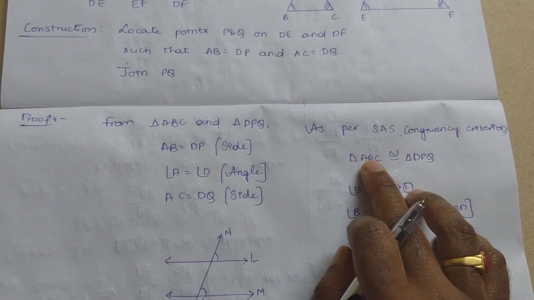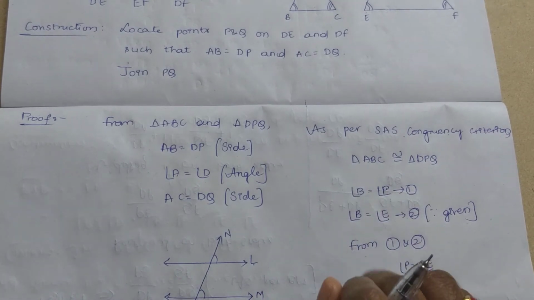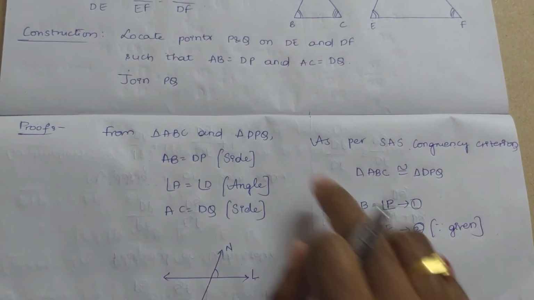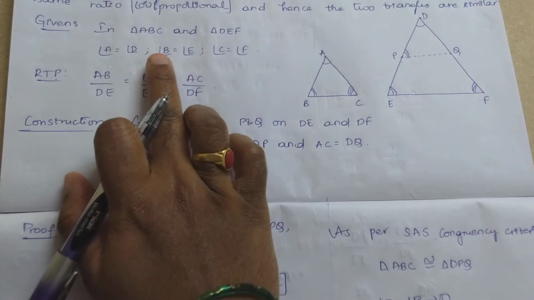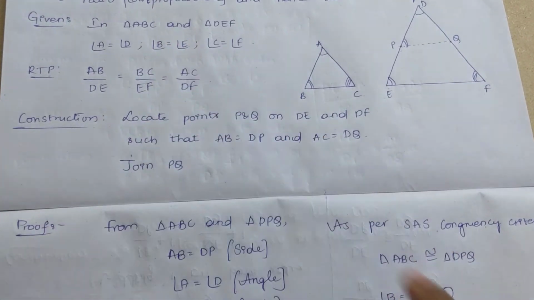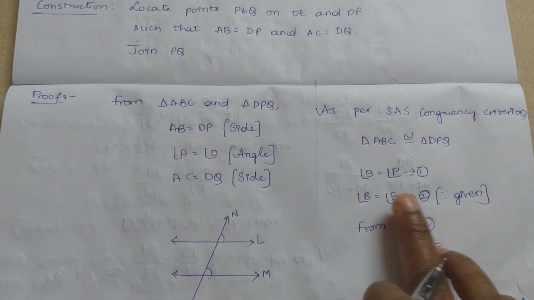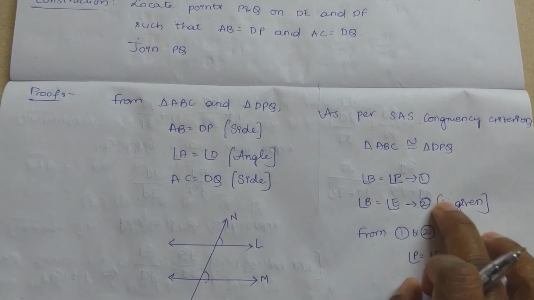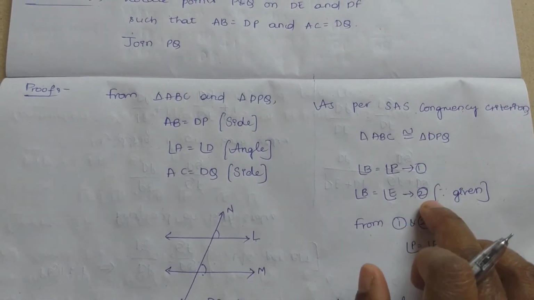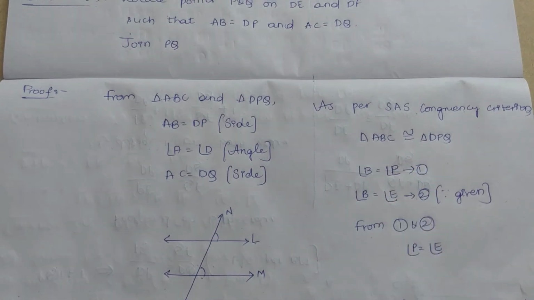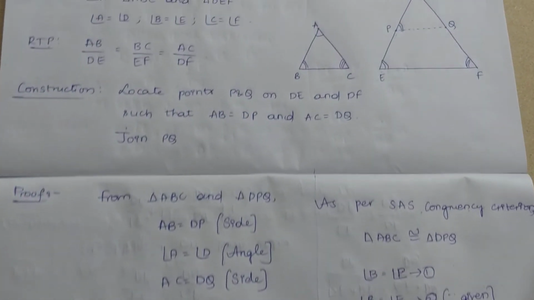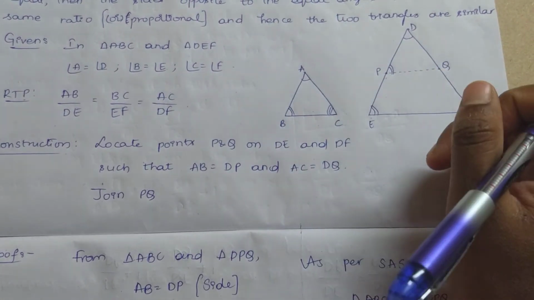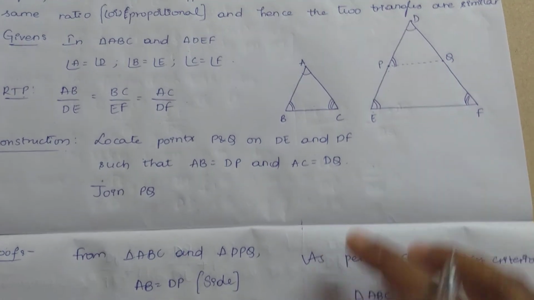After that, let's move on to the second angle. What is that? Angle B equals angle P. I have written the same thing here and put it as equation 1. After that, from the given part we got angle B equals angle E. Let's write the same thing here, angle B equals angle E, as equation 2, obtained from the given part. So from these two equations, angle P equals angle E. When you see the diagram of triangle DEF, angle P and angle E are corresponding angles. Correct?